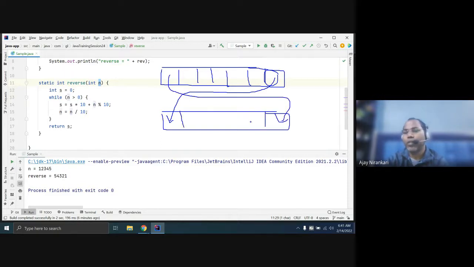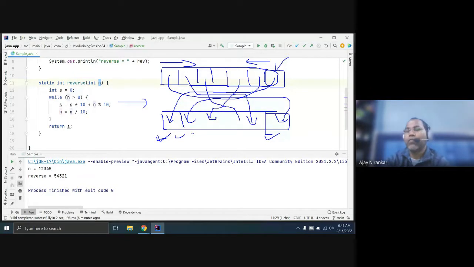One time you copy two characters: your last character to the first position, and the first position value to the last position. So in one pass you can copy two characters. This is the first, this is the last. Again, your cursor moves here and your cursor moves here. This character is copied here and the next character is copied here. In one loop, you can copy two characters. So what happens if your string is so large? You are doing this calculation in a half loop.